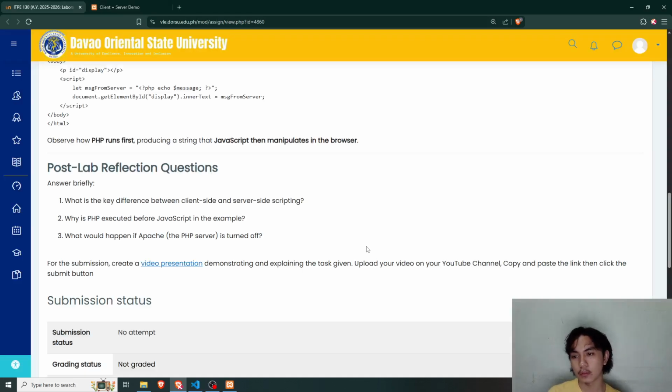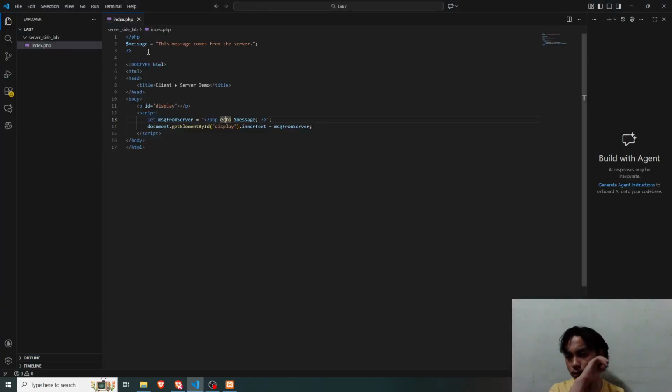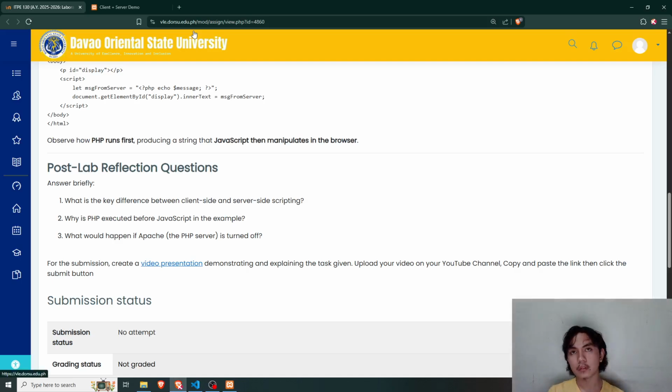Don't worry, we'll be discussing what is actually happening during the execution. So we have here the questions. What is the key difference between client-side and server-side scripting? The server side is the PHP. It runs on the main computer, which is basically the server.